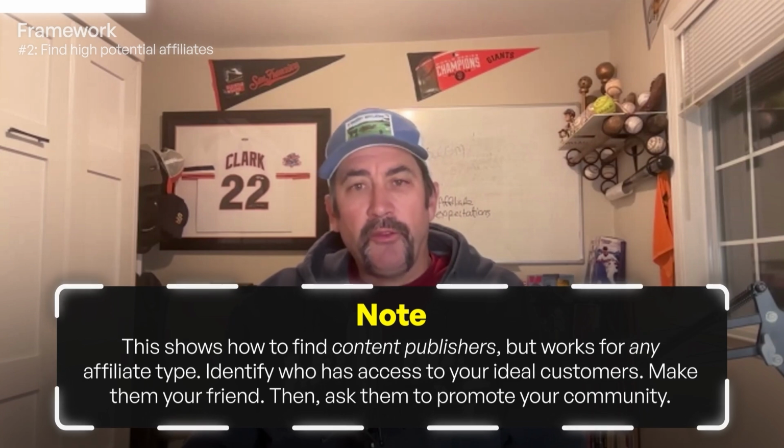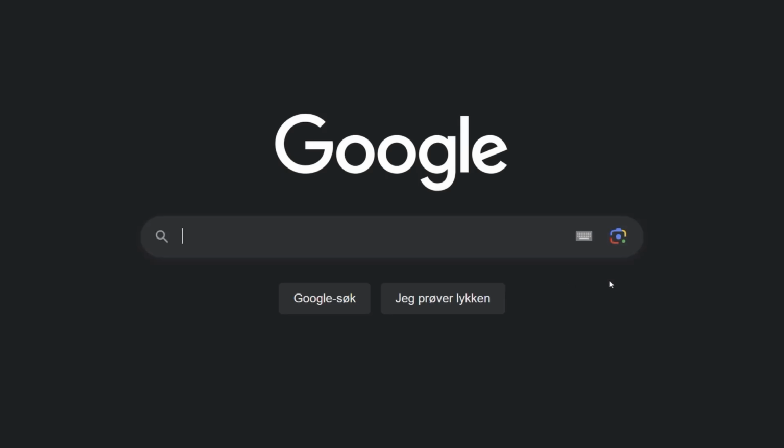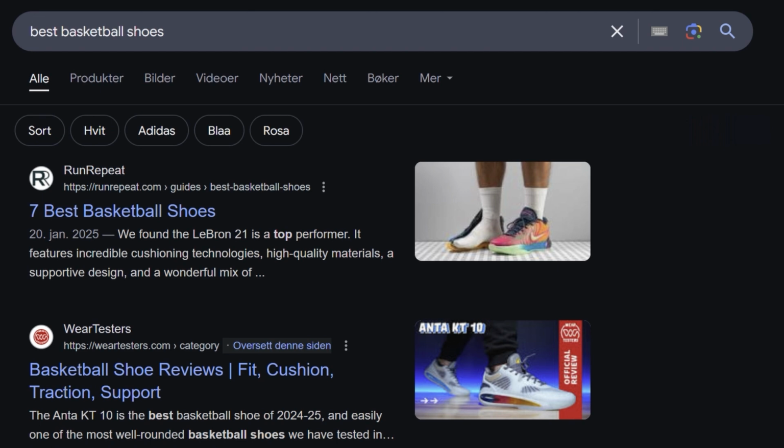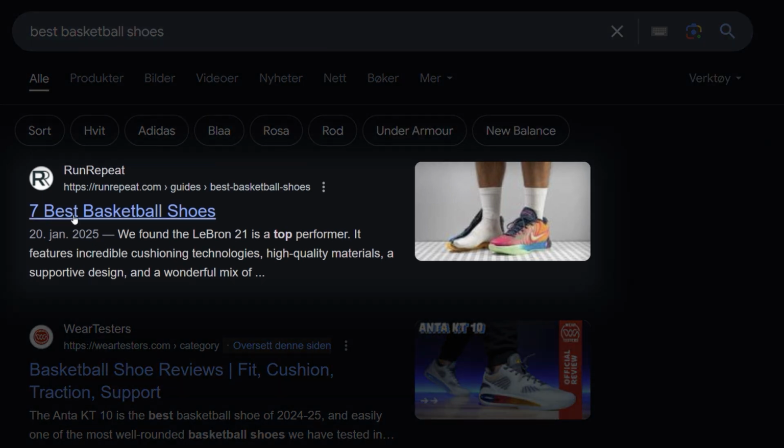So if you just do a simple Google search, let's say your product is Nike, you want to look up best basketball shoes. We want to go and find out who owns the real estate on Google or whatever search engine for that keyword. And we want to make those guys our partners.